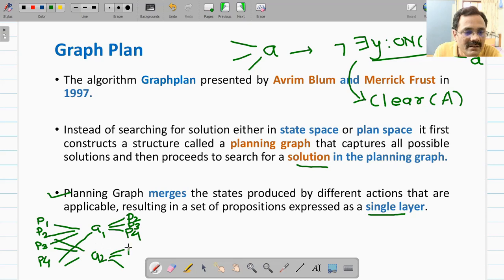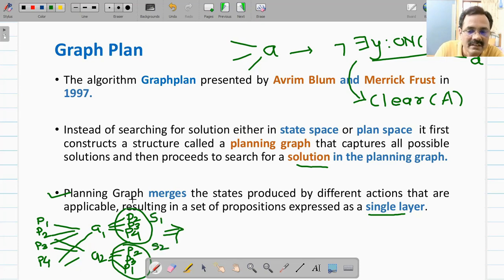For example, the result is P2, P3 and suppose P1. So in graph plan, instead of considering these two states as different states, suppose this is state S1 and this is state S2, it merges these two states in this way.